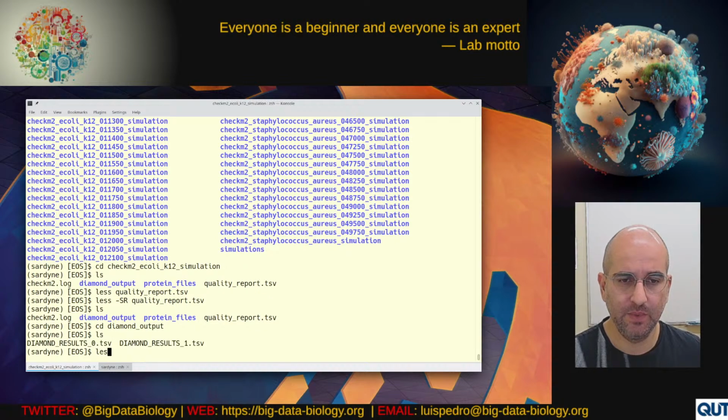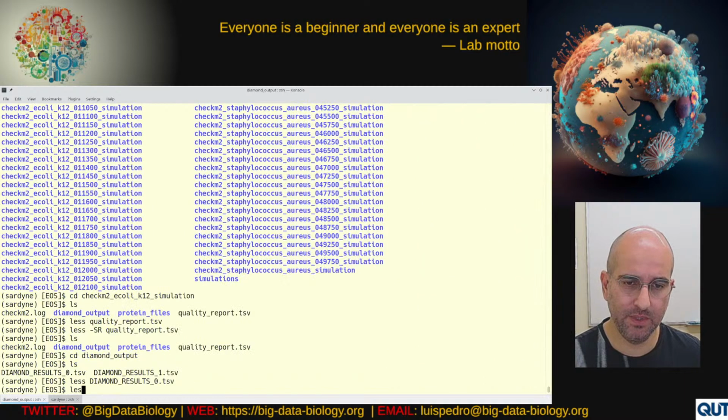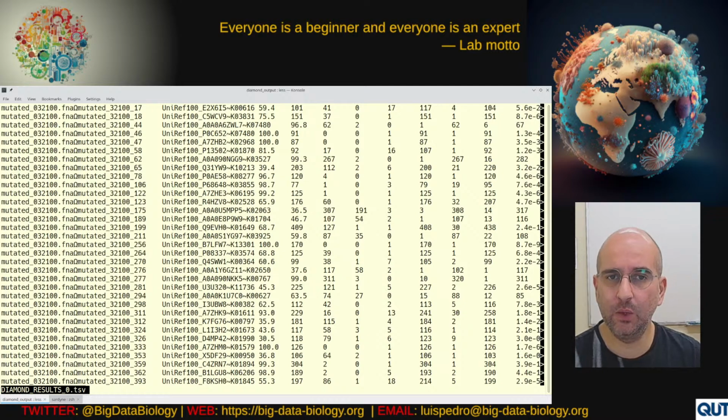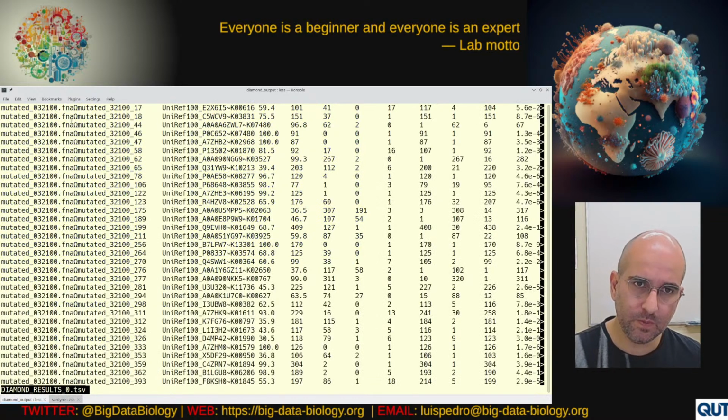We have here the diamond output. So this is what I wanted to look a little bit closer at today, trying to understand what's going on here. So here's the diamond output, and you can see,